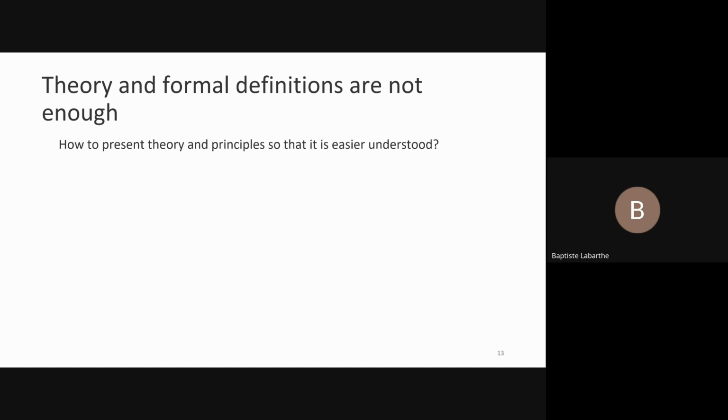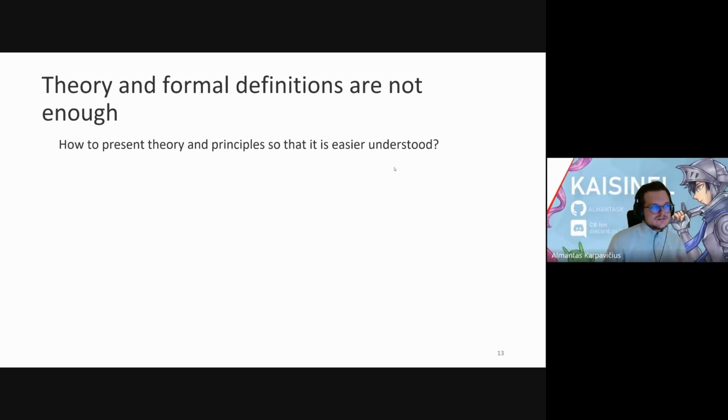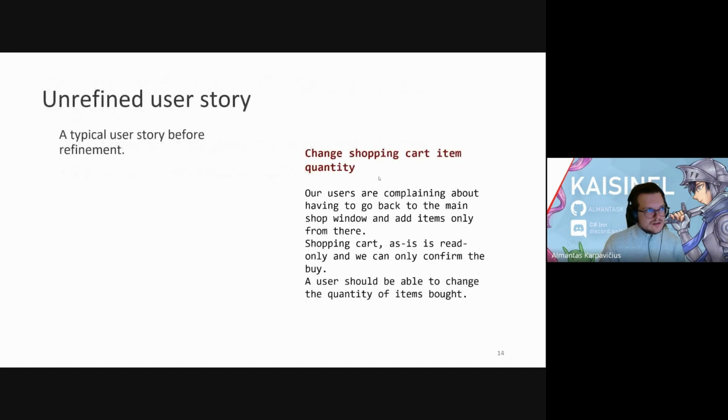Example. Yes, give an example. Yes, that's correct. So that's the easiest way. So theory is most easily understood by giving examples of practical application. And so an unrefined story should be supplemented not only with acceptance criteria, but also with some examples, or acceptance criteria could be written in the form of examples. And if you do that, you basically leave no room for interpretation, and you involve the whole team as you refine